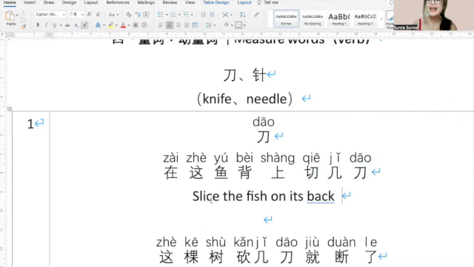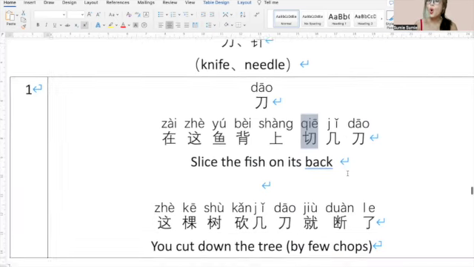That means slice the fish on its back. Slice 切，在这个鱼背上切几刀。Slice the fish 切鱼 where on its back 在它的背上划几刀，切几刀。So 刀 is a measure word to describe 切. That means you will use your knife to cut the fish back. So you have to slice a few times. 所以是切几刀。